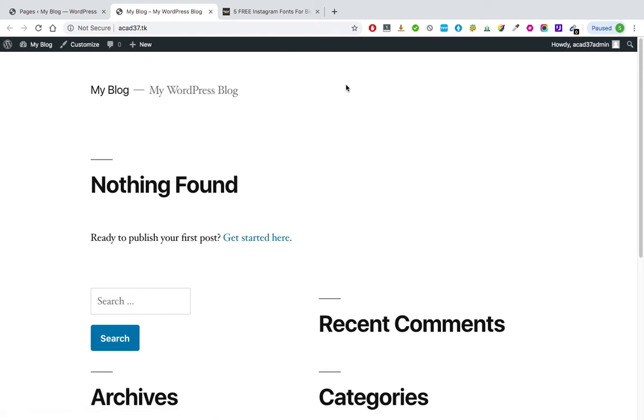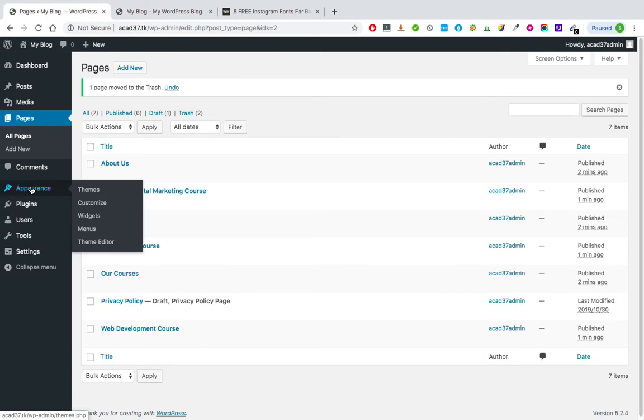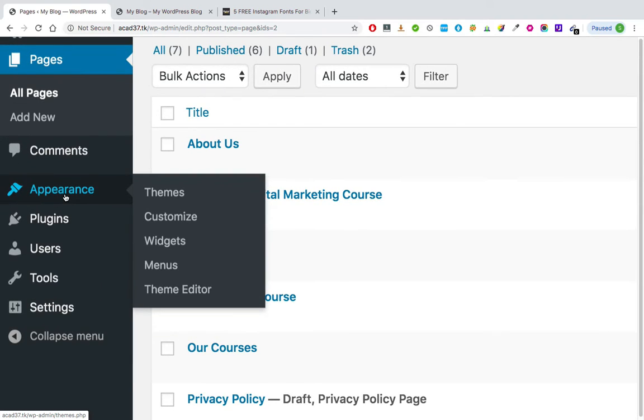So we are going to create a menu now, and it should be visible over here somewhere at the top. So let me just go to the appearance section. Can you see appearance? And we'll go to menus, the fourth option in appearance. So select appearance and menus to create the navigation bar.